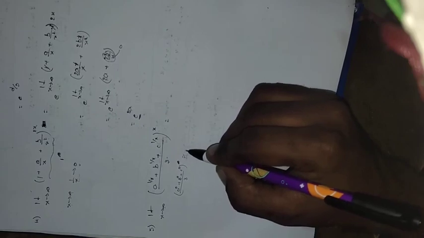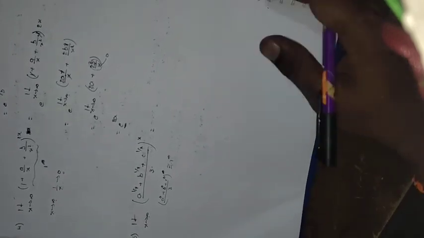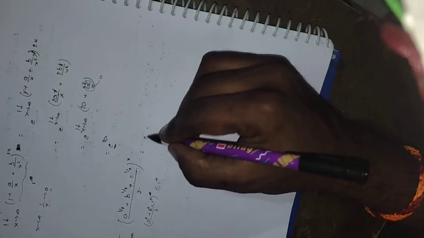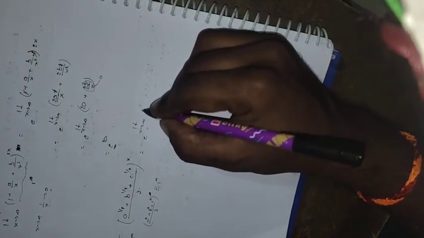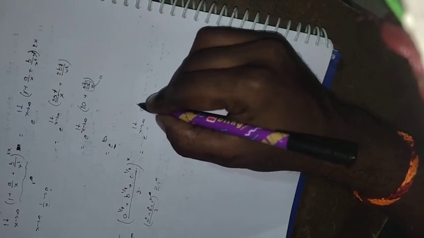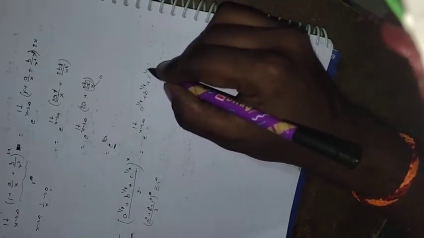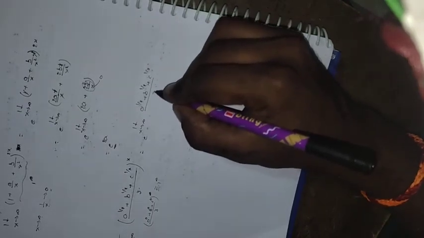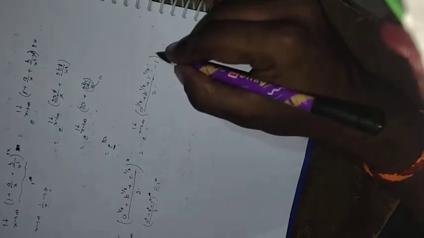So it becomes the 1 power infinity model. Okay, it's confirmed, 1 power infinity model. What can we do? We change it into e power limit x tends to infinity of (f(x) - 1) times g(x), that is, (a^(1/x) + b^(1/x) + c^(1/x))/3 minus 1, into g(x), that is x.